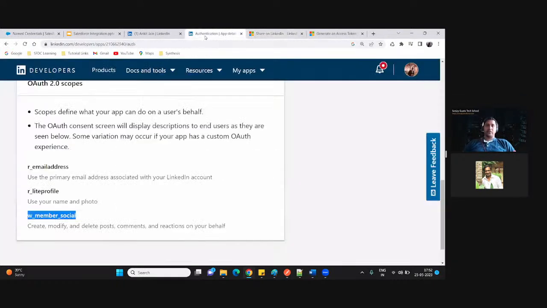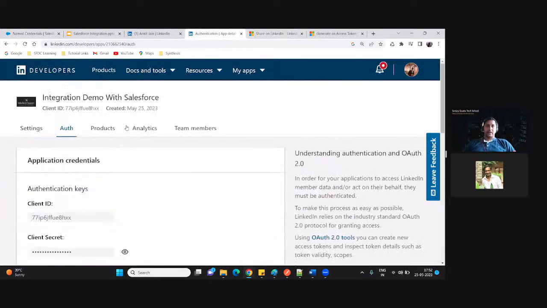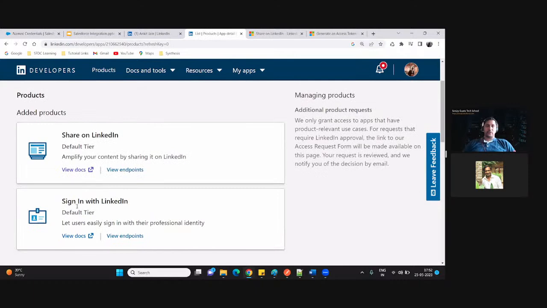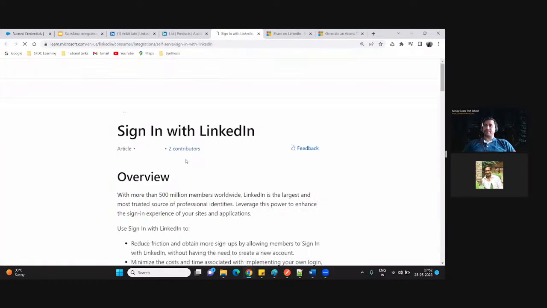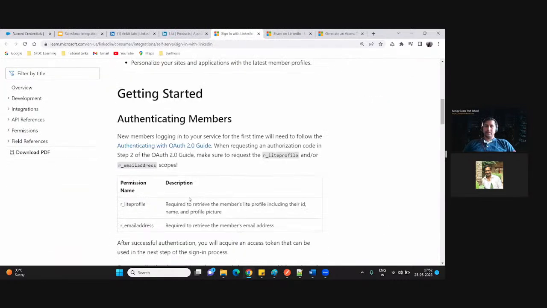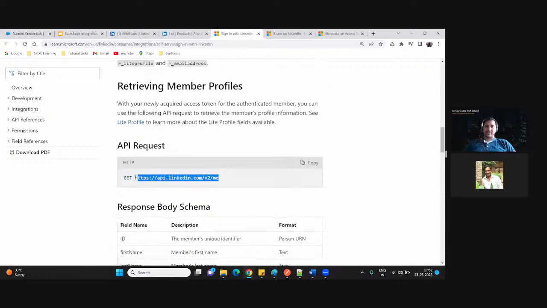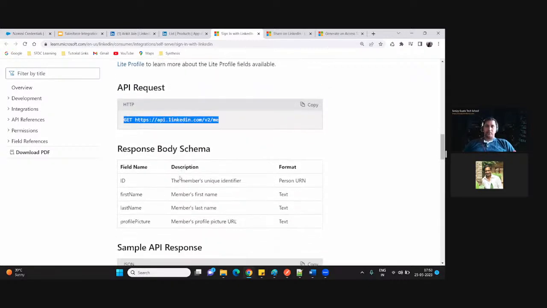Again, to sign in, we do have another API available here. If you again follow the product, to sign in, we do have another API available. So go and click and open that API. So for sign in, we have to go and hit this request, right? And what we have to specify in this request, we have to use the get method.